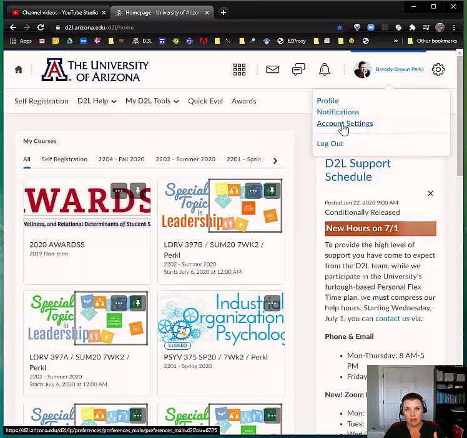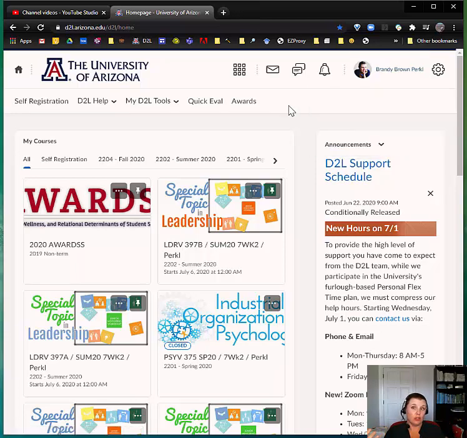You're asked in many classes to add a little photo, but it's a really good idea to check how your notifications work and how your account settings work, because you can set up D12 to work better specifically for you the way that you want it to. And I've found that going in there and editing a few things is really helpful for me, and probably could be for you too. So I encourage you to go take a look at that, spend the 5 minutes, it doesn't take long.